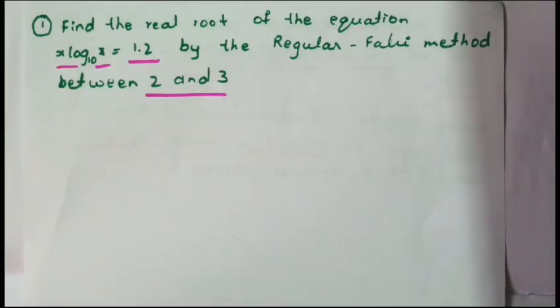In this video, we are going to discuss the important questions of module 5. In module 5, we are starting with the first question. Find the real root of the equation x log10 x = 1.2 by the regula falsi method between